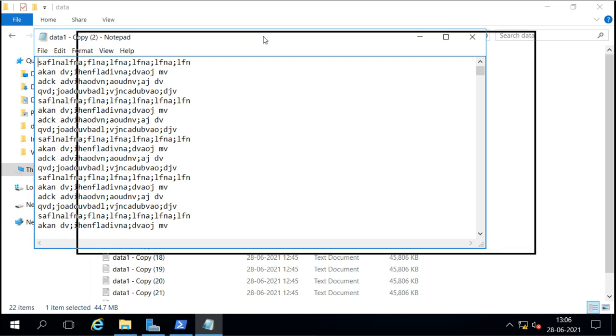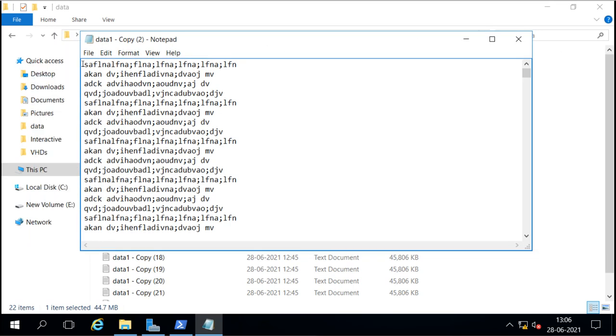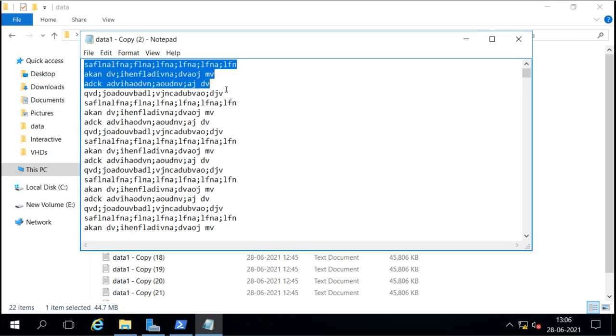In that file only these 4 lines are different, and the rest of the lines are the same as these 4 lines. So these lines are actually redundant copies of these 4 lines. Basically what we have is only this 4 lines of data, and it will not take even a byte, it will take only some bits.